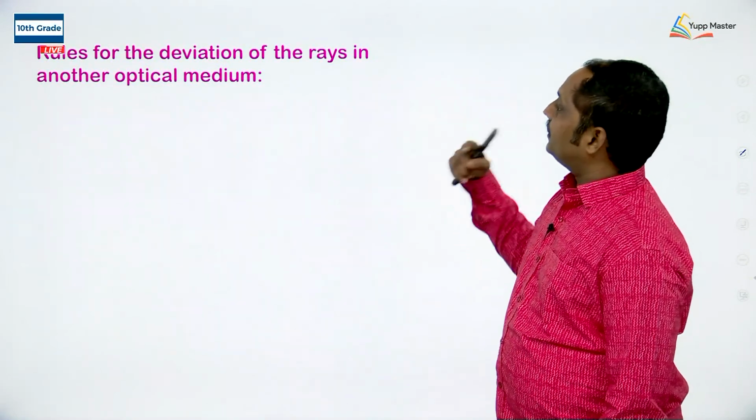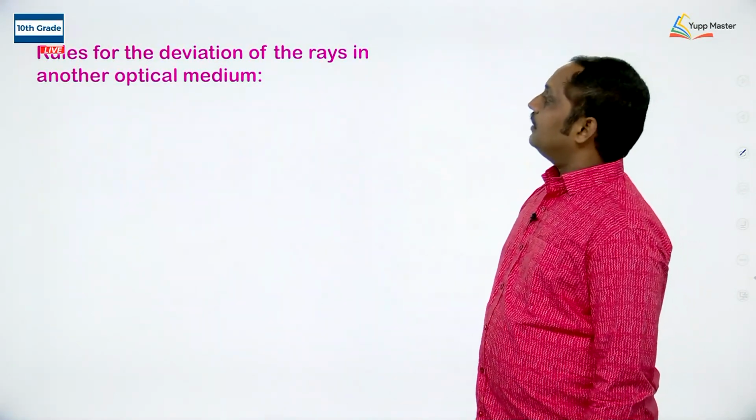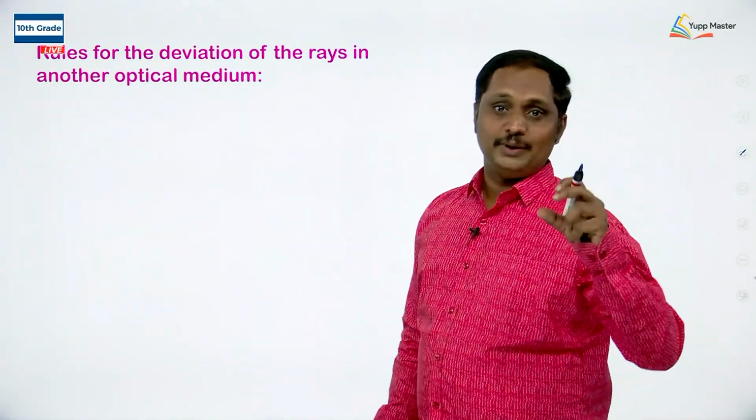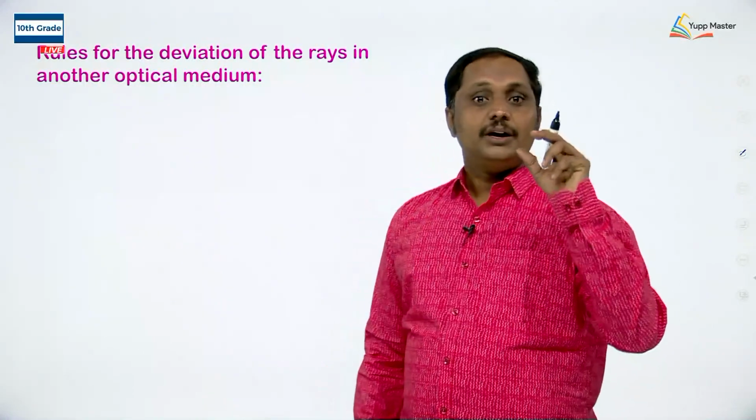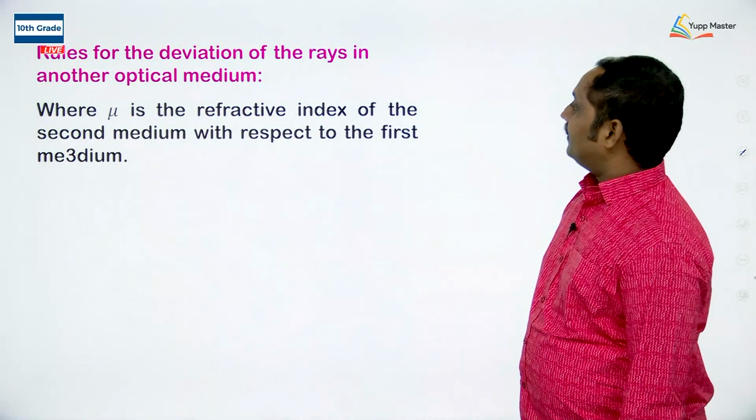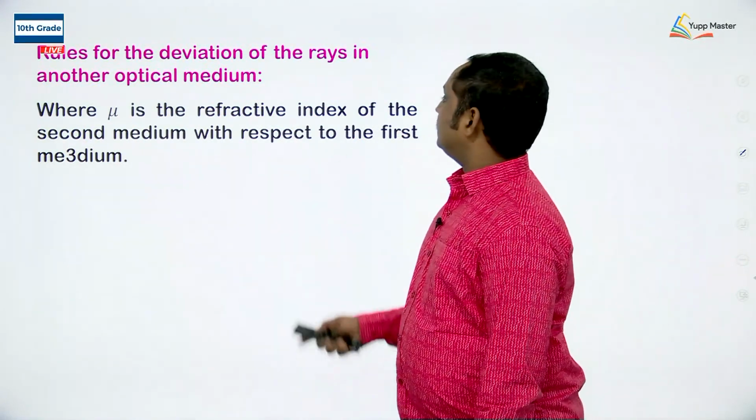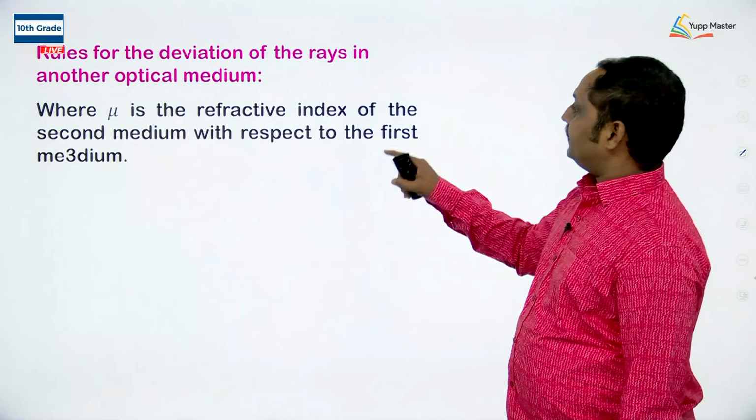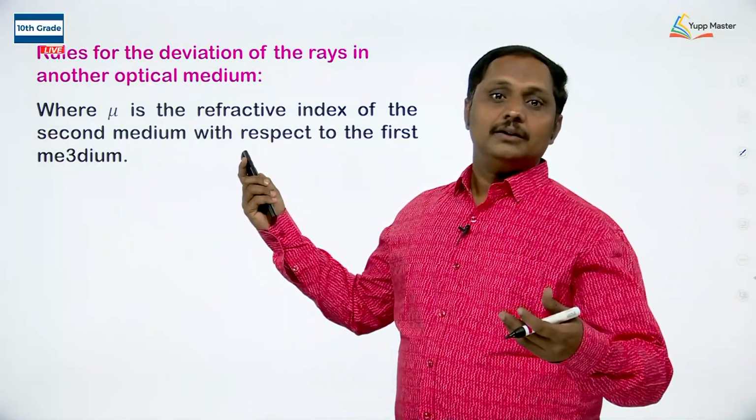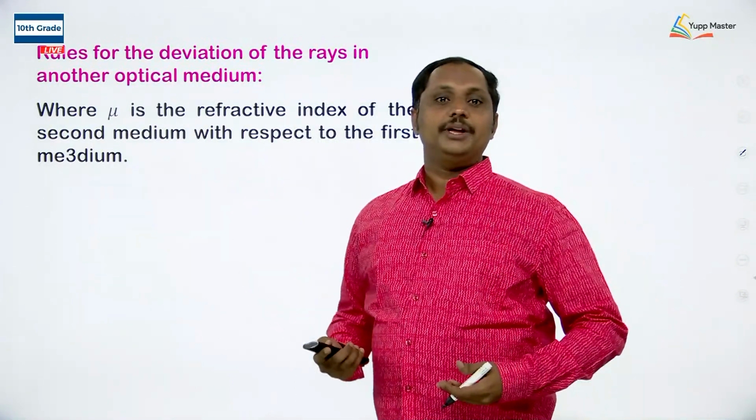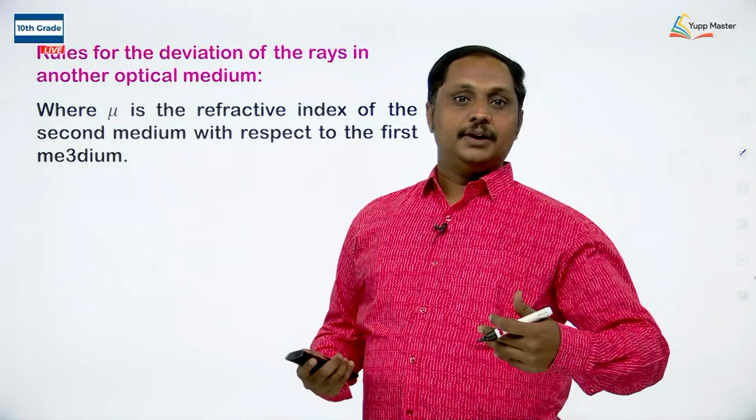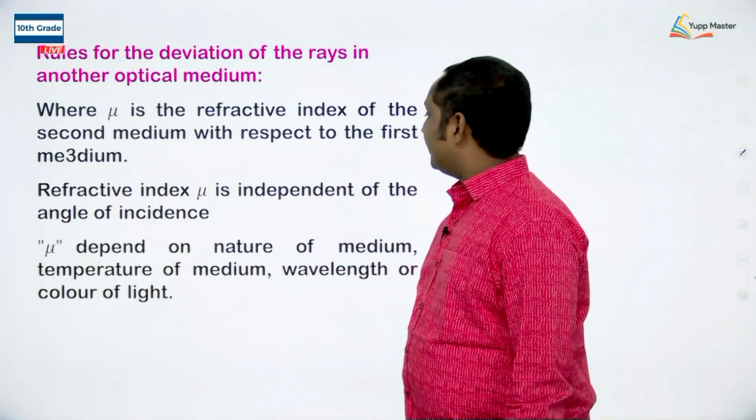Rules for the deviation of rays in another optical medium. The optical medium is a transparent medium for light rays and their propagation. Rule 1. Refractive index is identified as mu. It is obtained as the ratio of the refractive index of the second medium with respect to the first medium, equal to the sine of the angle of incidence